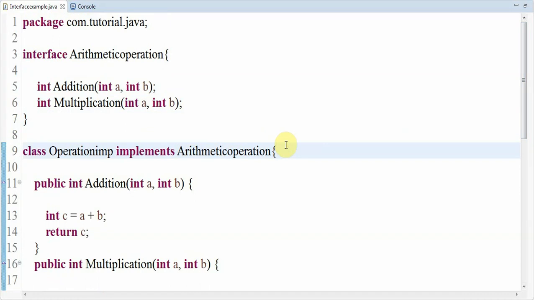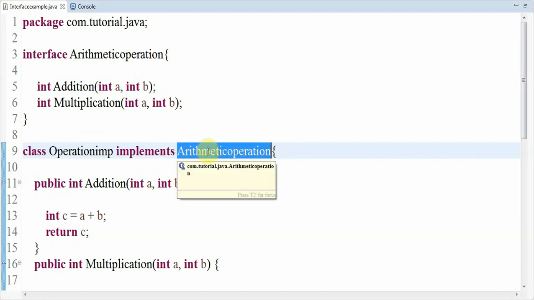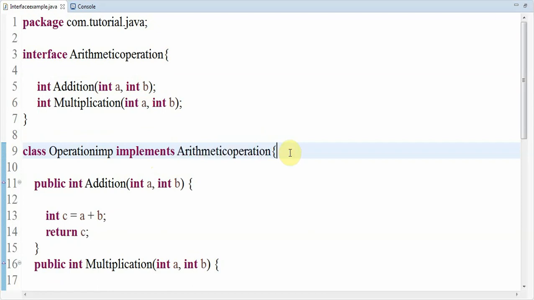In the same way, when we need to implement an interface, we have to make use of the implements keyword. So when we have a class to extend, we write the extends keyword, and when we have an interface to implement, we make use of the implements keyword.